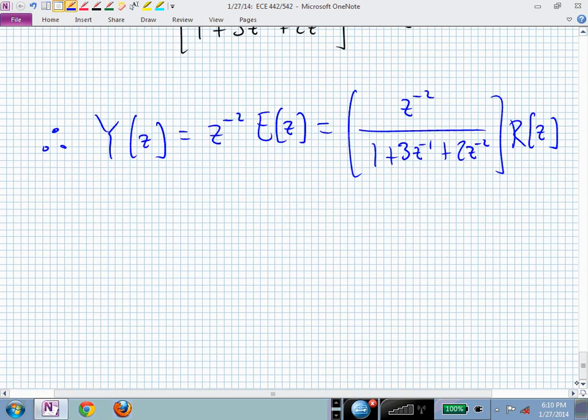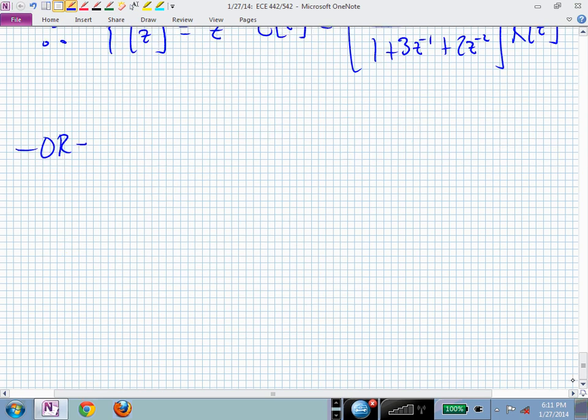That's now a transfer function relating the reference input r to the output y in the frequency domain. That's now a g of z if we wanted it. Maybe you're not used to seeing that in terms of z to the minus 1, z's to negative powers. Well, we can change that